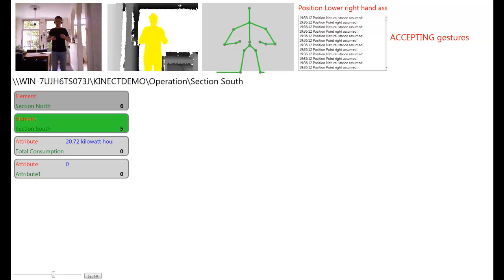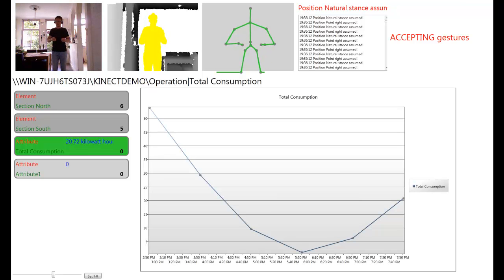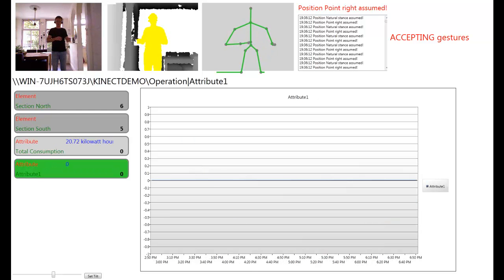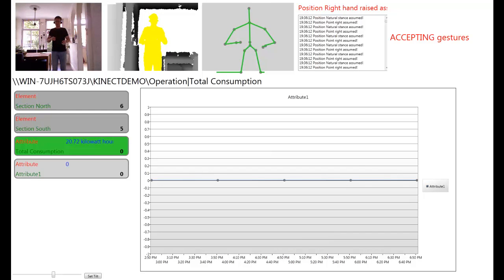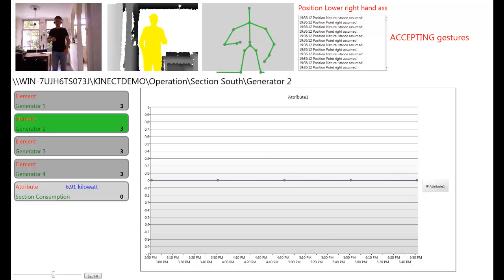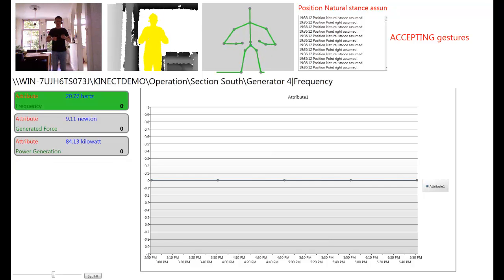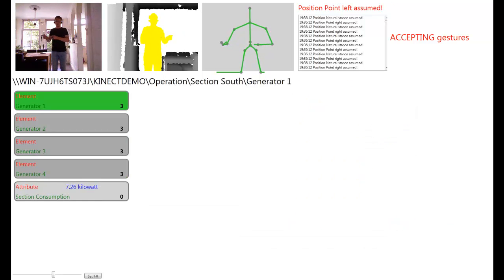And I can traverse down again, enter the element, go to the bottom attribute and create a trend just by moving my hands. Traverse down, create a trend, and go up again. Enter this element, go down, enter the element, go down, and create another trend. And we can go all the way back,